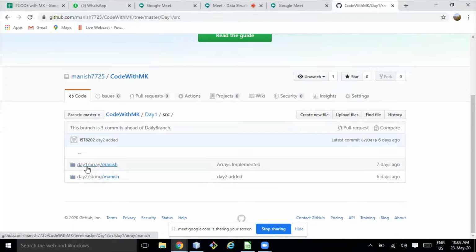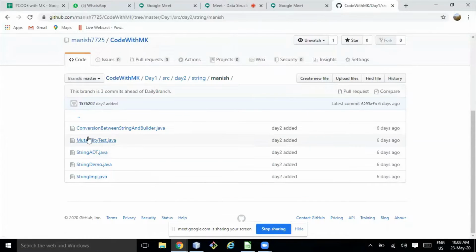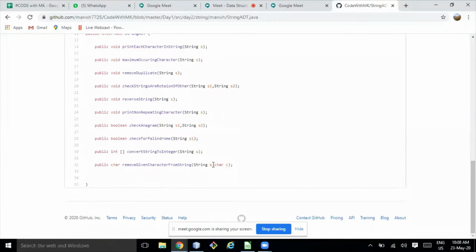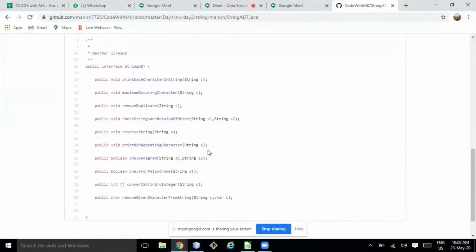We already covered the arrays, and in this class we are covering the string problems from the last classes. If you go here, you will see string ADT. This is the interface and your task is to implement these functions. This is how I am taking the class.